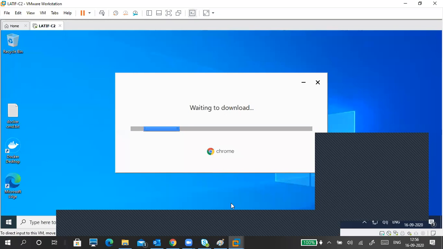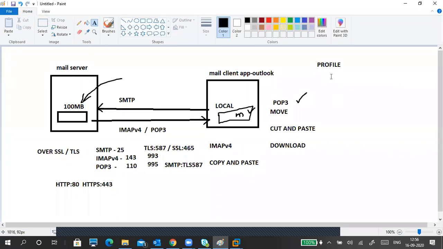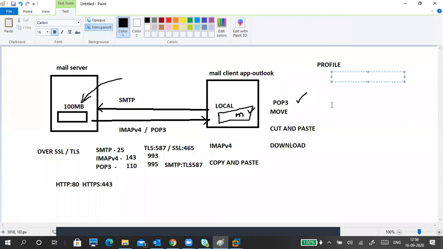Let it do its thing; meanwhile, I will explain one more part. Here it is, profile. We can directly install, but we can also go profile-wise. For example, I have an office mail for Vedic Soft.